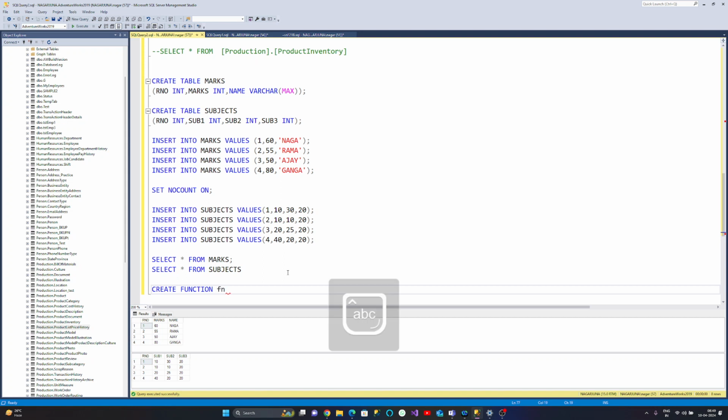Let's call it fn get student name. I want to pass the row number, Row ID, as an integer: RID as integer. I want to return the name. Name should be in the form of character or varchar, right? Correct. Returns varchar of 30 as